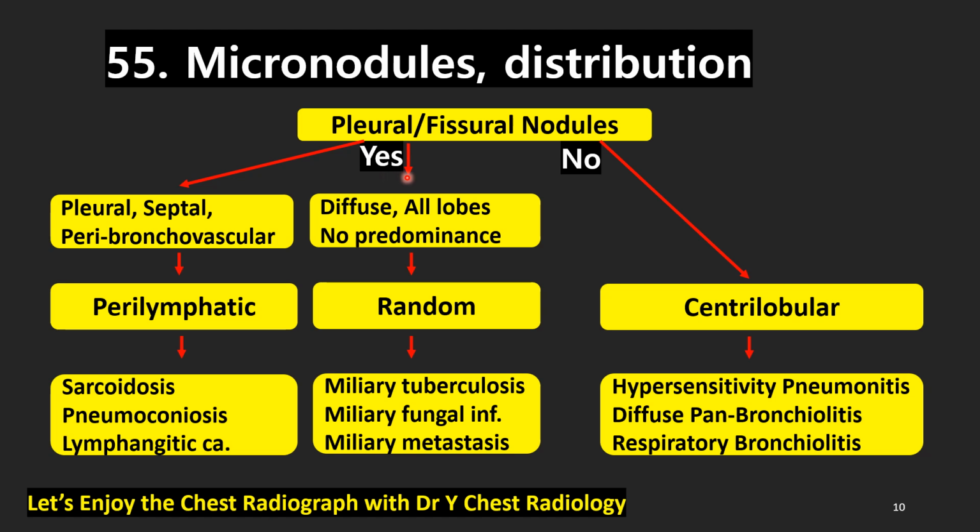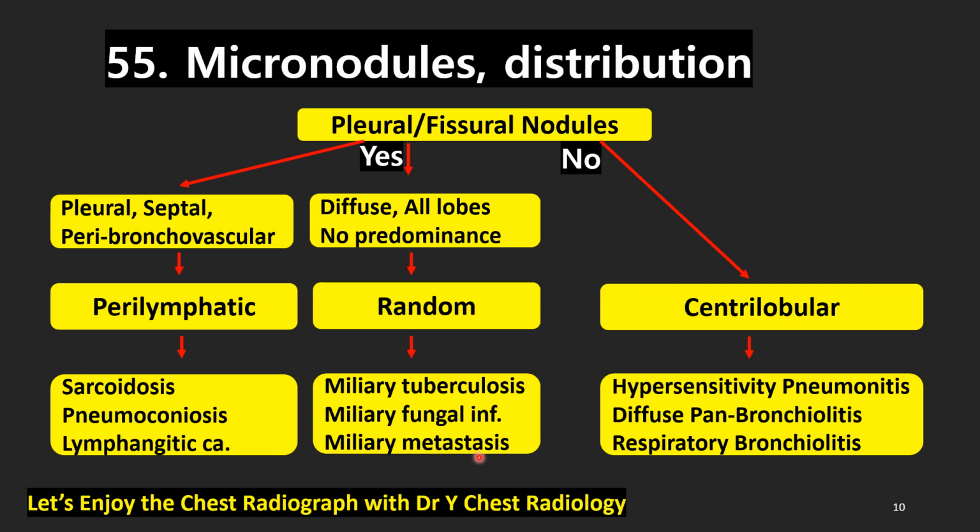With pleural nodules diffusely involving all lobes with no predominance, that means random distribution. Then the disease should be miliary tuberculosis, miliary fungal infection, or miliary